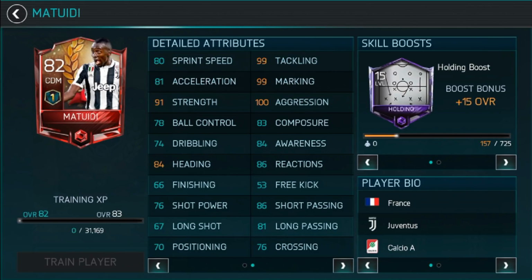99 tackling, 99 marking, 100 aggression. This is another player I would say consider getting for defense. If you want attacking, I would say set up for Wijnaldum, because Wijnaldum will be able to rainbow if you just level him up a little bit, because he's only one stat away from 90 dribbling. Then you could get Matuidi and try to level him up high enough to get 90 dribbling, but that will